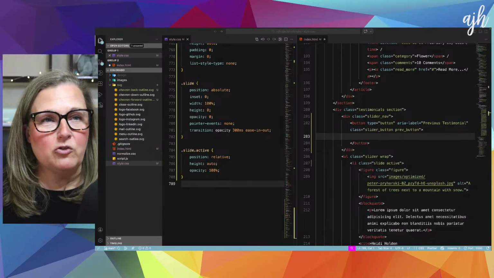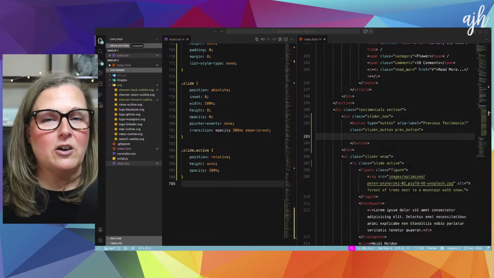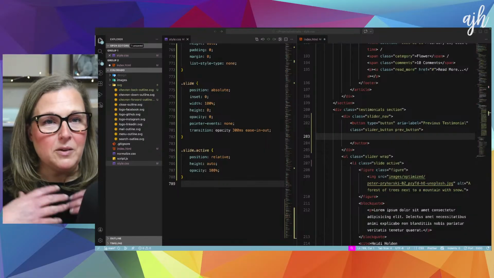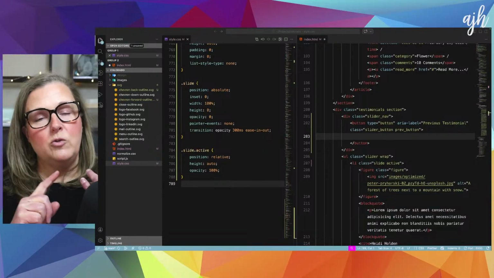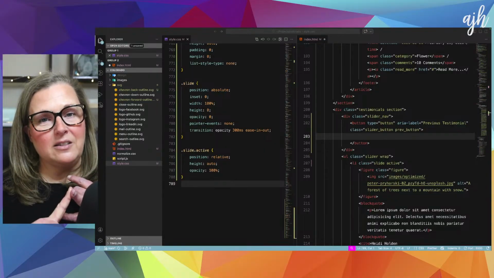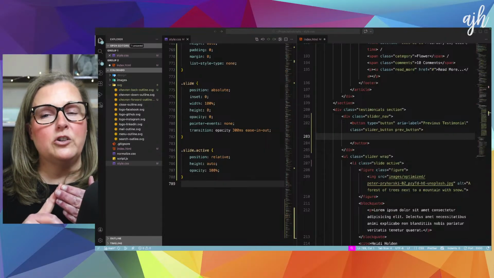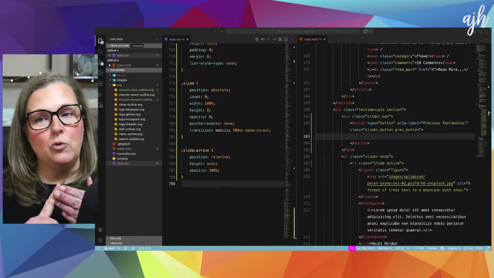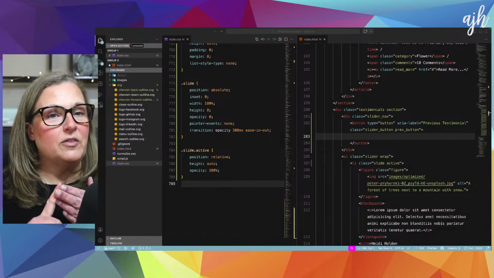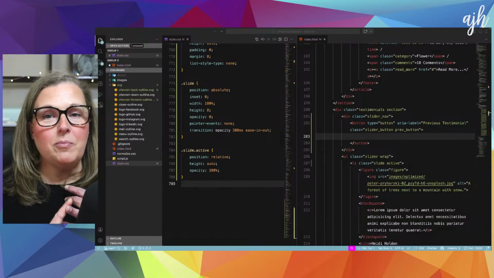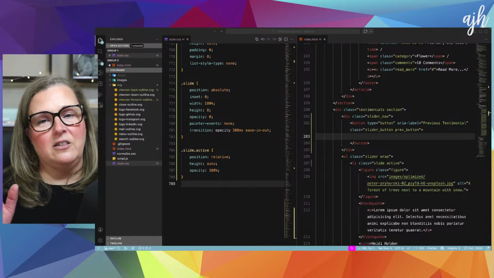I just feel really strongly about keeping things vanilla. Not because I think that Sass is bad or compilers are bad, but the whole premise of my channel is that you only need three things to build a website. You need index.html, style.css, and script.js. Those are the three things that the browser renders natively, so you don't need a package manager, you don't need a compiler, you don't need Node, you don't need Yarn, you don't need any of that stuff.